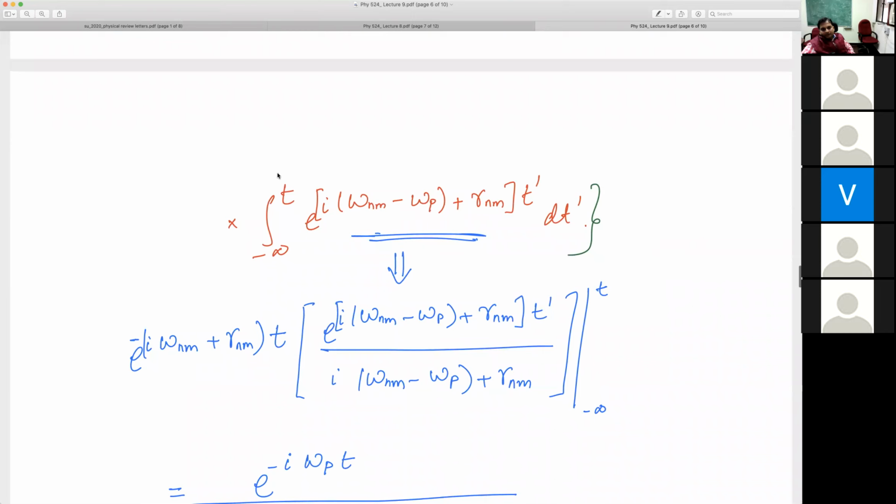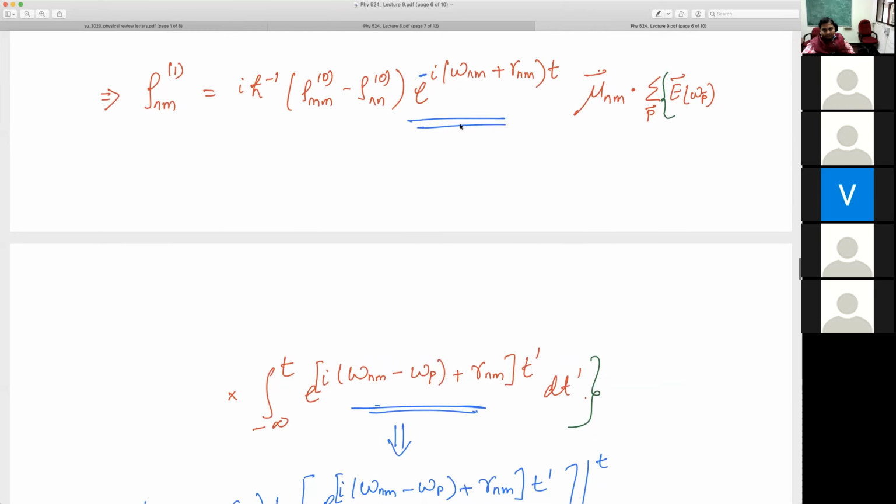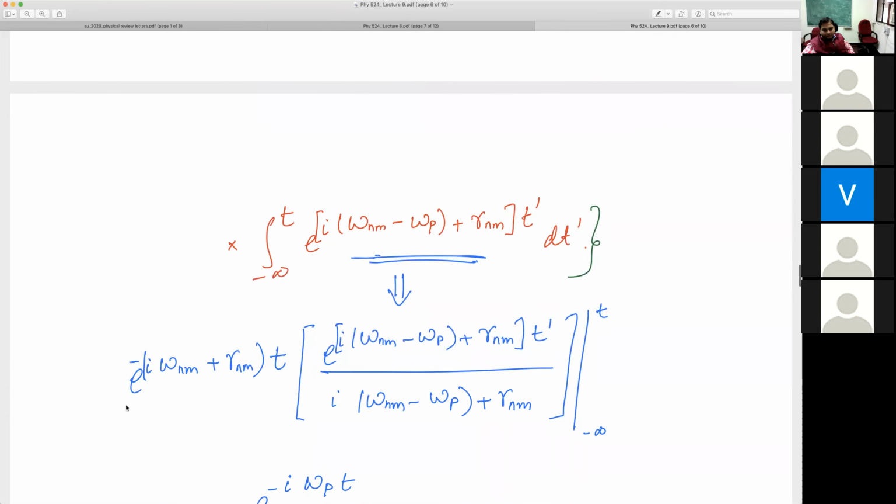Okay. And the whole time dependence is coming from this integral plus this extra term. So the ones highlighted in blue, the time dependent terms, I can combine. So this was the term which is outside, and this is the term which I integrate. So integrating e to the power i alpha t gives e to the power i alpha t divided by i alpha. That's what it is. And then the limits were minus infinity to t, right? So minus infinity to t.